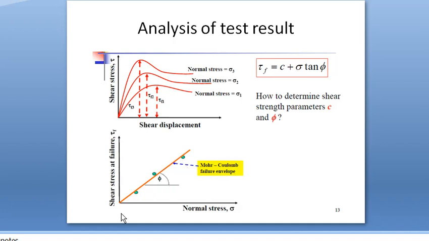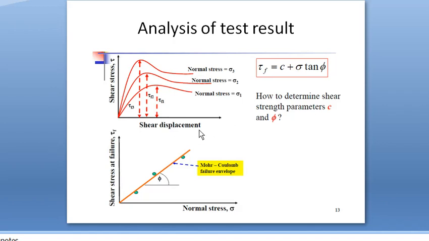and y-intercept is c. And in last lecture we have discussed a problem, and that problem is the result of direct shear test. So you just go through the problem, then it will be clear. That is, in direct shear test we are getting shear stress and corresponding normal stress. So from that we can plot Mohr-Coulomb failure envelope, and from this we can get the shear strength parameters like c and phi.